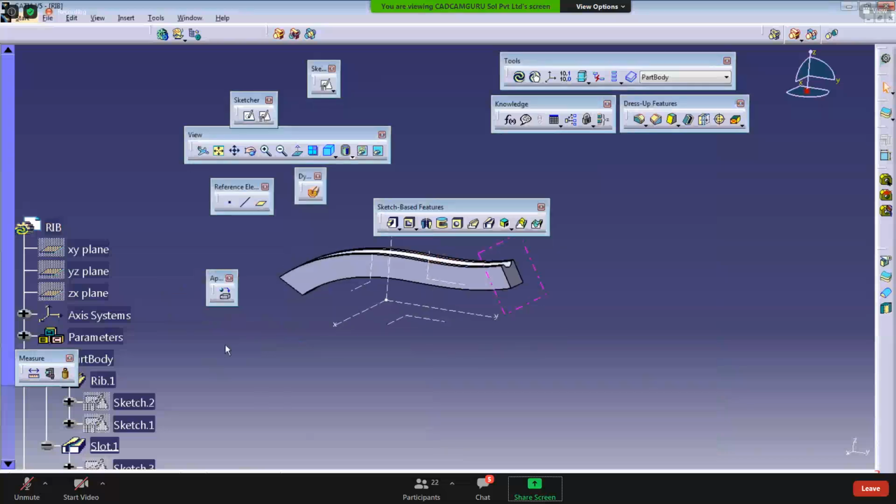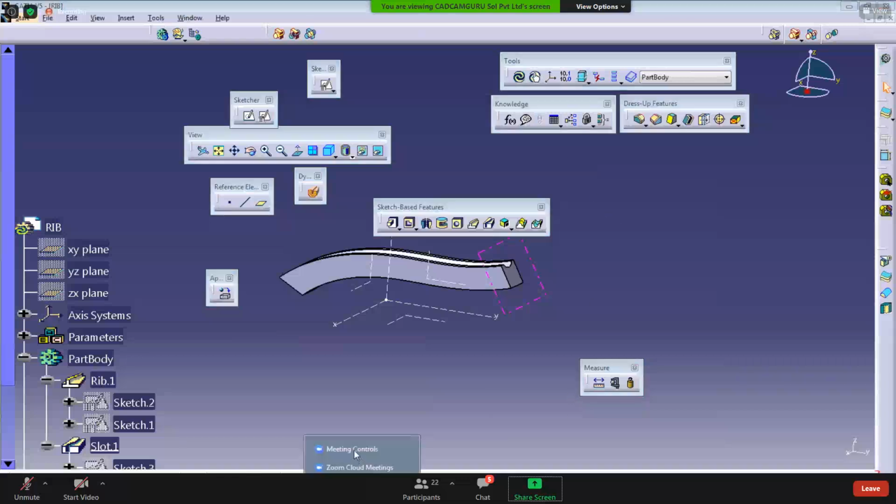It is better to change the unit of mass. How to change unit? Just see carefully. That is through tools.